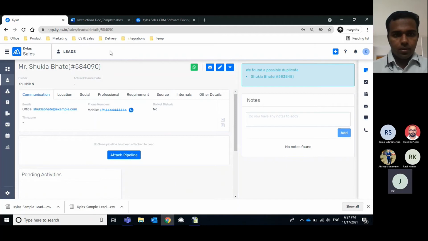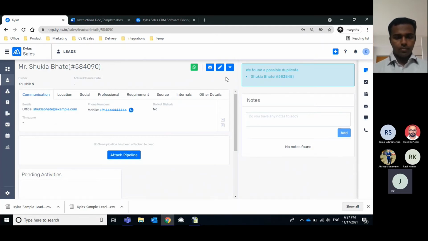No, I have a set of database. Yeah, actually, I have taken a demo of your CRM, and we are in the process of onboarding. Right now we are using Excel for our inquiry, lead generation and prospecting, etc. So now the next step would be uploading our used database into Kailas.